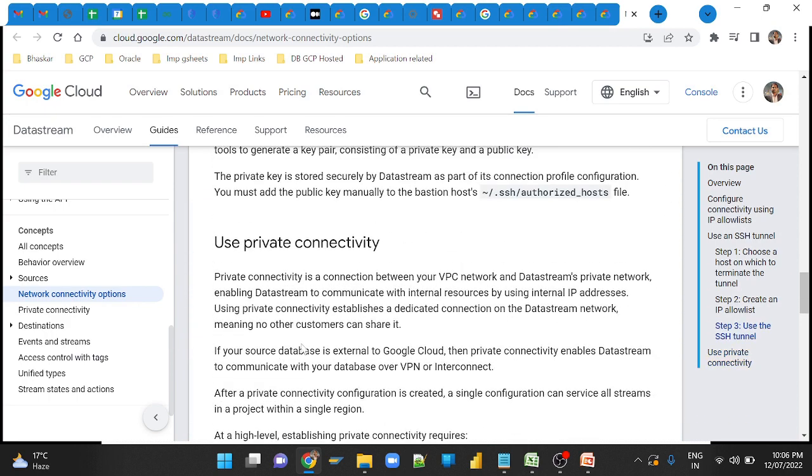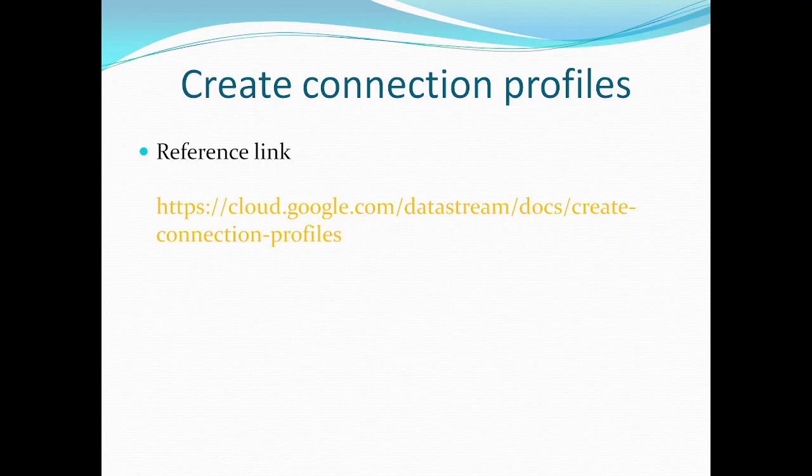So these are the connectivity options. You need to establish the connectivity between the Google Cloud Datastream and your on-premise Oracle database. So as of now, we have seen the configuration of your source Oracle database to enable archive log, create user, and granting permissions to the user. And after that,